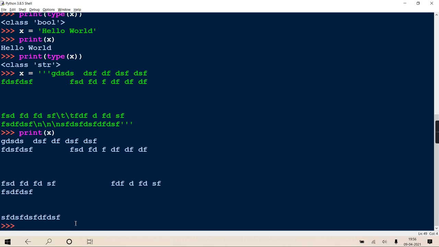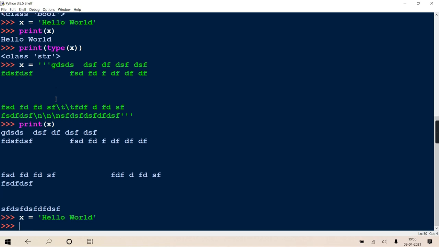Right? And now the question might be how to access these characters and all. So for that I have kept a separate topic in chapter 4, data structures. In that we are going to discuss strings separately. Getting it? And the methods of string. There are abundant, more than 20-25 methods of the string class. We will be learning that, don't worry. Clear? So there are a lot of built-in functions also and methods also. Like x equal to hello world I have written.